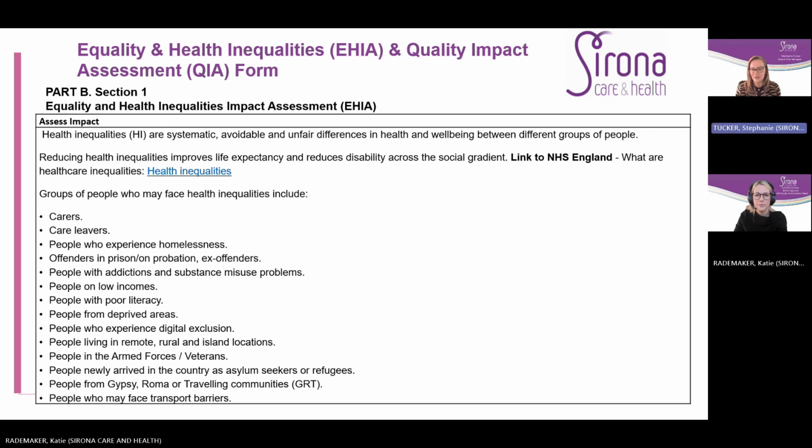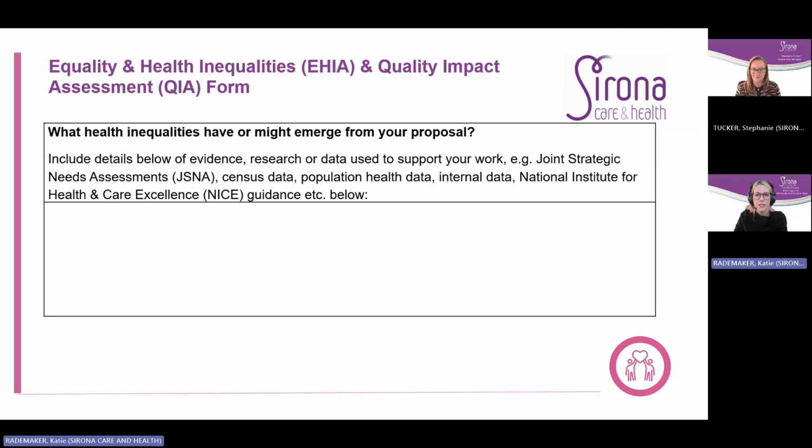Next is the Equality and Health Inequalities Impact Assessment part of the template, Part B, Section 1. This is where you start to assess impact, starting with what health inequalities might emerge from your proposal. It's important to describe who your proposal impacts and include evidence to support your understanding of how they might be affected. We know that health inequalities are systematic, unfair and avoidable differences in health and well-being between different groups of